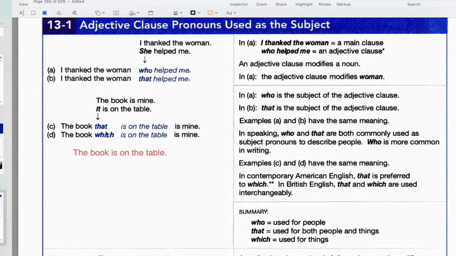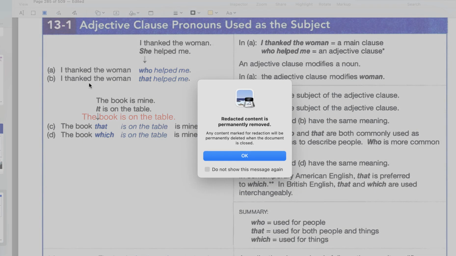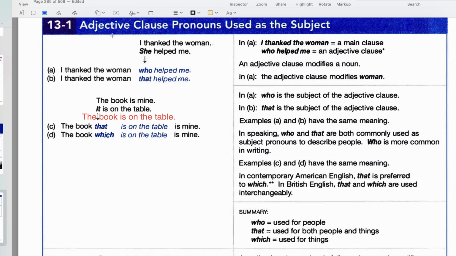So here we're basically saying it, the book, is on the table, and since I have the book in the main clause, as you see here, since I have the book in the main clause, the book, and I have the book in the second sentence that I want to combine with the first one,